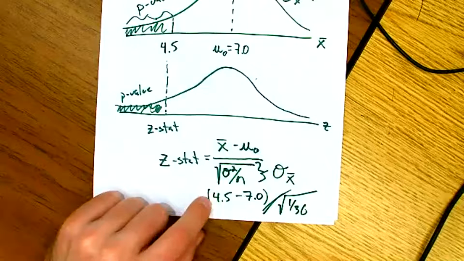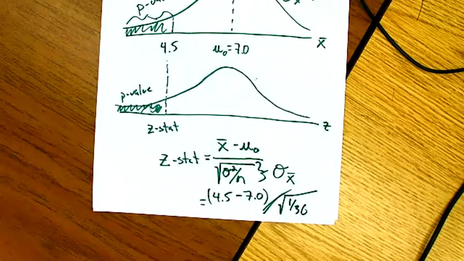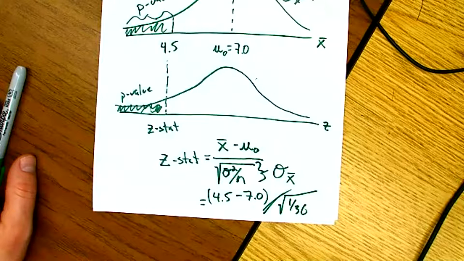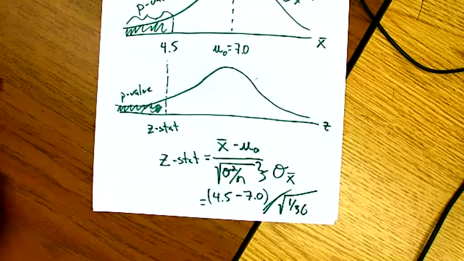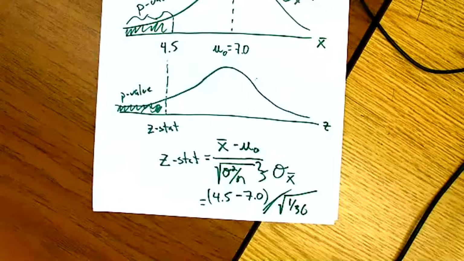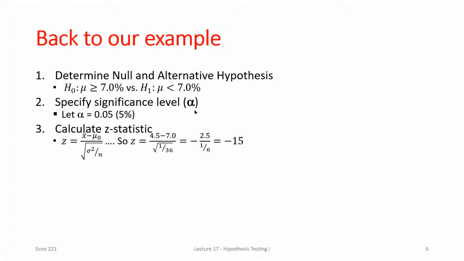So now that I have my test statistic, I can look that value up in my standard normal table. This one, we saw a sample mean below the assumed true mean, so we should have a z statistic or a test statistic that's negative. Because remember, test statistic is still a z value, so it's still telling you the number of standard deviations away from that assumed true mean, which if we have a value below it, it's the number of standard deviations below that assumed true mean. So, if we plug all those values in to our test statistic equation, we get about